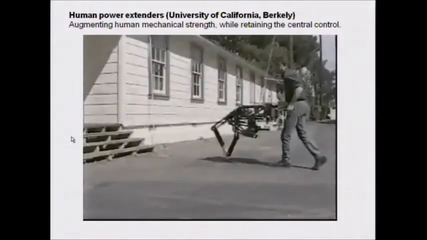So far we talked about when humans and robots are working together, but they are far from each other. We have another concept where human and robot can work together at the same time, at the same place, so they can feel each other. Human can push this robot to do a certain task, and the robot at the same time can produce a certain strength and give a signal back. This is the concept of power extender.